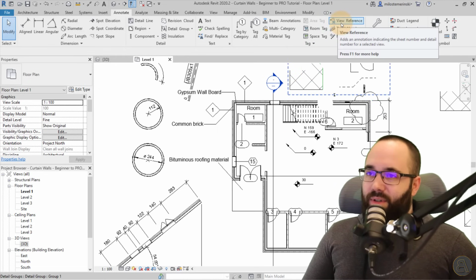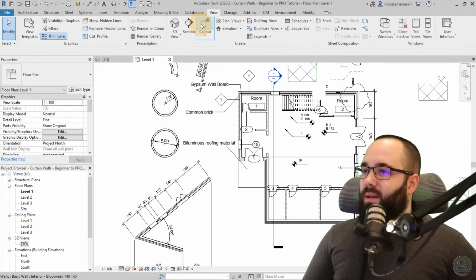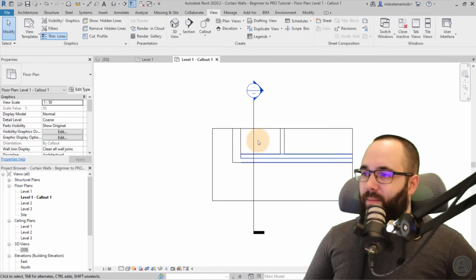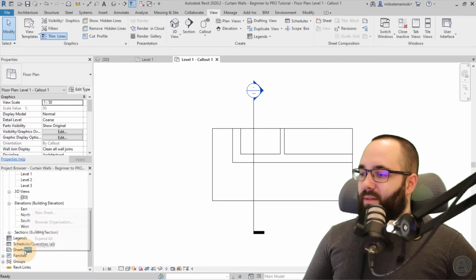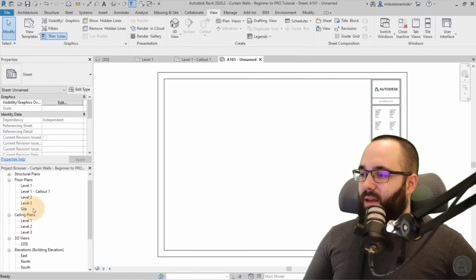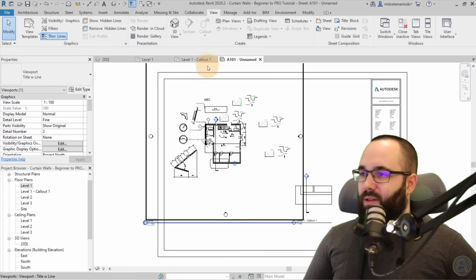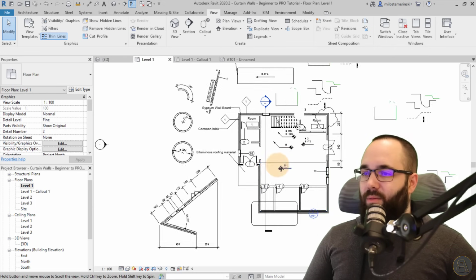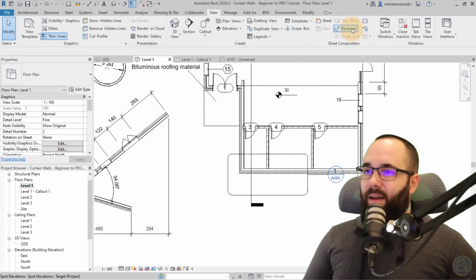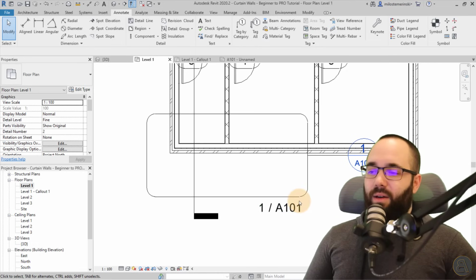Next we have the view reference. So this has to do mostly with, for example, if you have a little detail call out, let's say, so we have a call out here. There we go, we have a call out. And now if I were to have a sheet, new sheet, A1, perfect. And then if I place a call out on that sheet, and let's place you in this floor plan on that sheet. There we go. Now if I go back here to my floor plan view, I can create a, let's see, annotate. Okay, so I can go to that view reference,